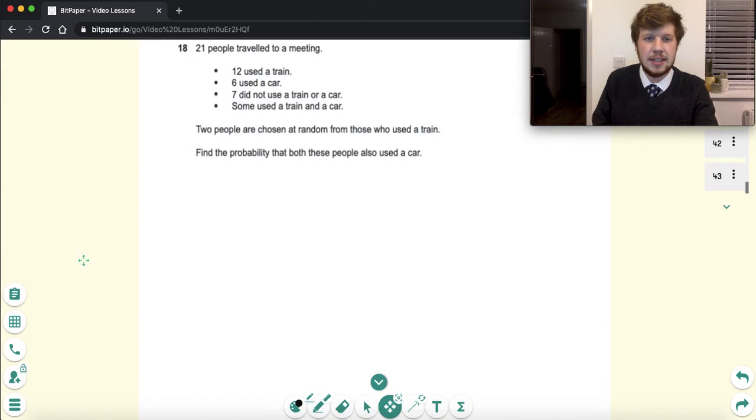Looking at question 18. 21 people travelled to a meeting. 12 used a train, 6 used a car, 7 did not use a train or a car, some used both a train and a car. When I'm looking at information,